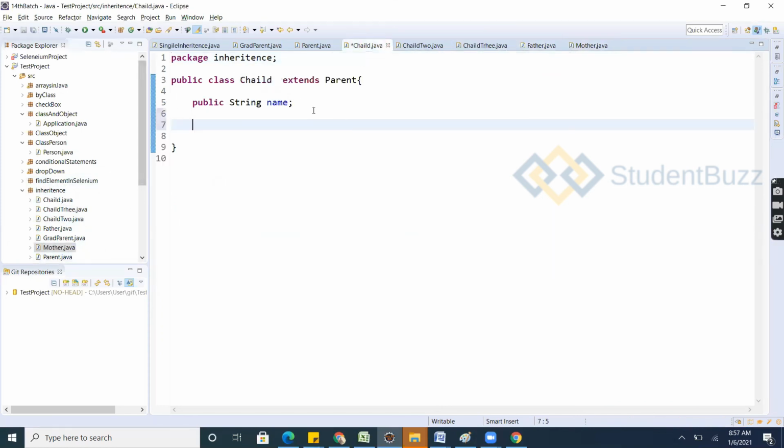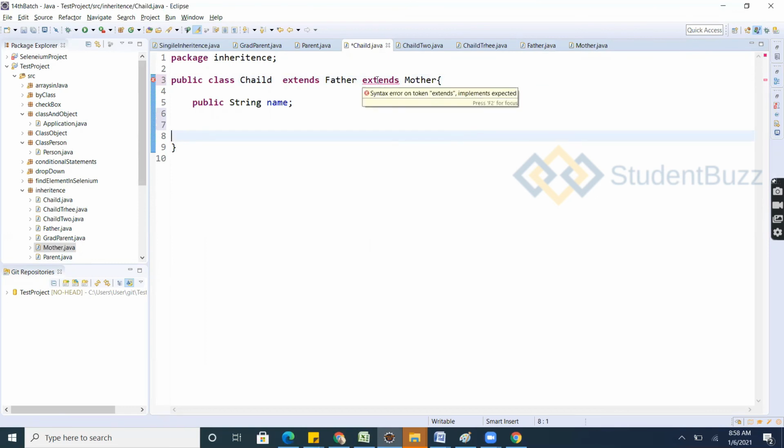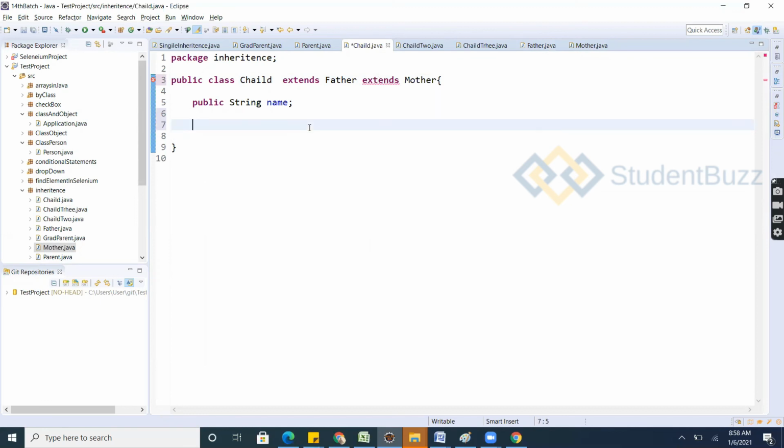Let's say you have a child class. Extend this father, and it also extends the mother. What is it saying? Syntax error on token extends, implements expected. See here, it is not allowing you to use two extends keywords.